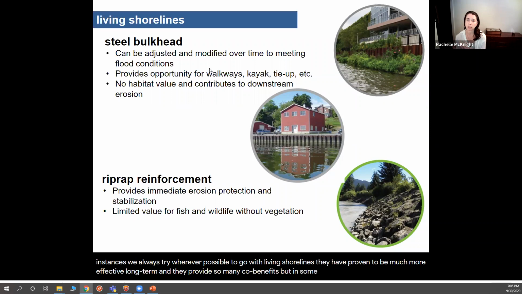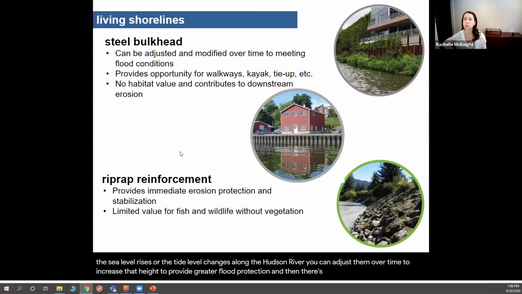But in some cases, especially adjacent to roadways and buildings and important infrastructure, you've got to have some of these engineered solutions. So they might include something like a steel bulkhead. Right now you've got a concrete bulkhead along most of the length of Albany. Steel is another option. The good thing about these bulkheads is as the sea level rises or the tide level changes along the Hudson River, you can adjust them over time to increase that height to provide greater flood protection.